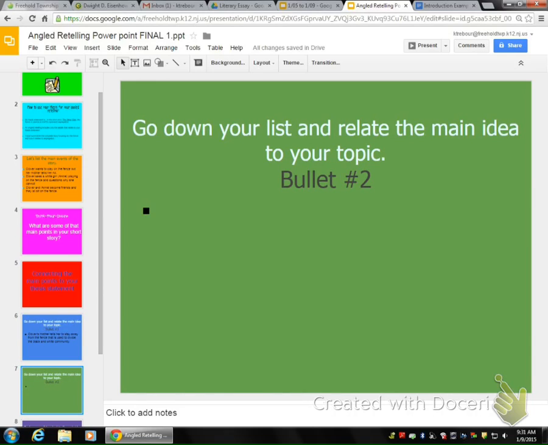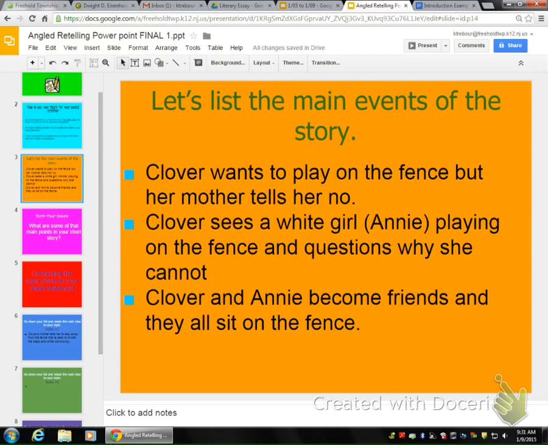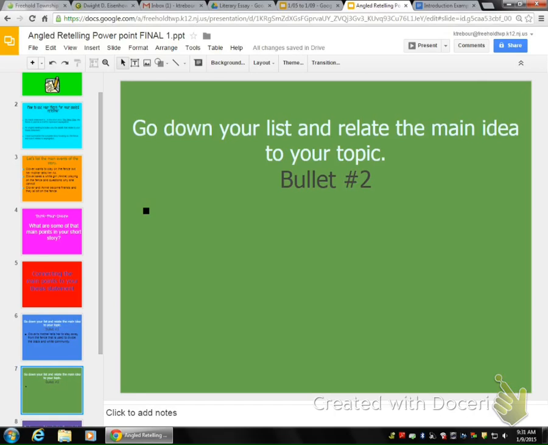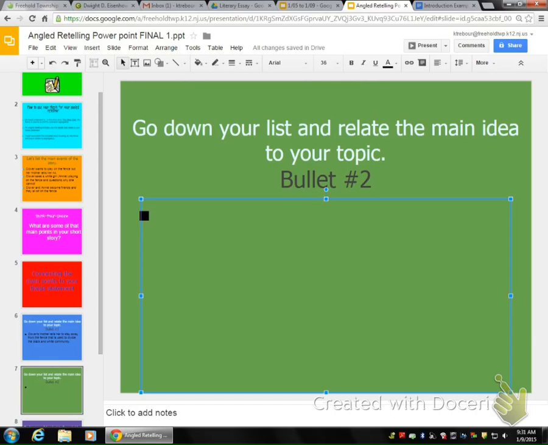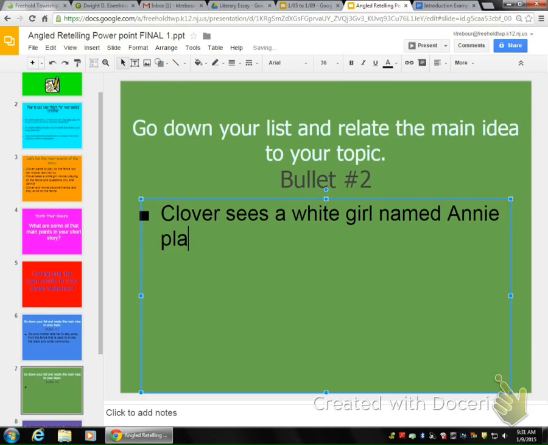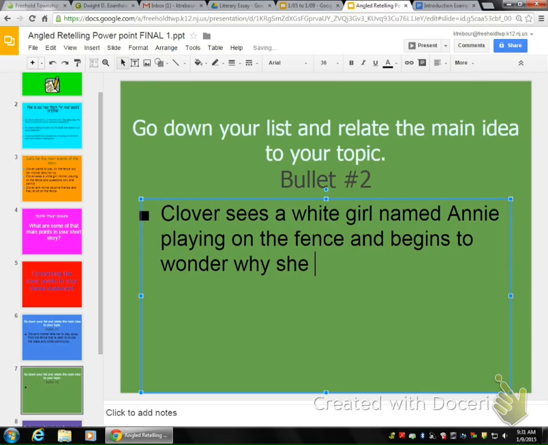All right, so now we're going to look at the second bullet point. So we said the second one was Clover sees a white girl, Annie, playing on the fence and questions why she cannot. So I'm going to morph this once again to my thesis statement about the fence representing segregation. So Clover sees a white girl named Annie playing on the fence and begins to wonder why she, I'm going to write in a black girl, is not allowed